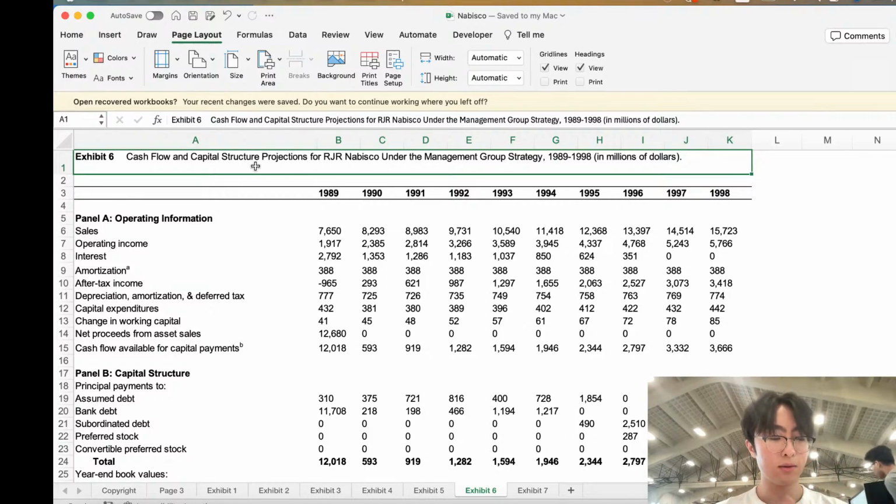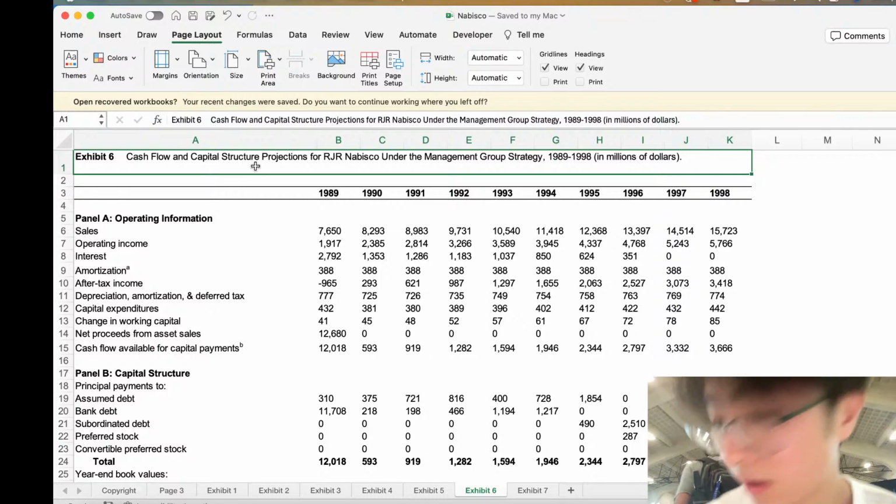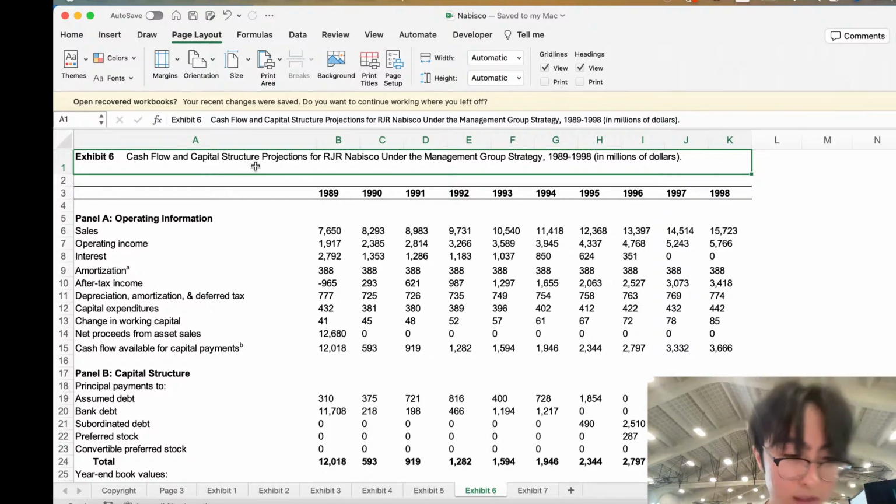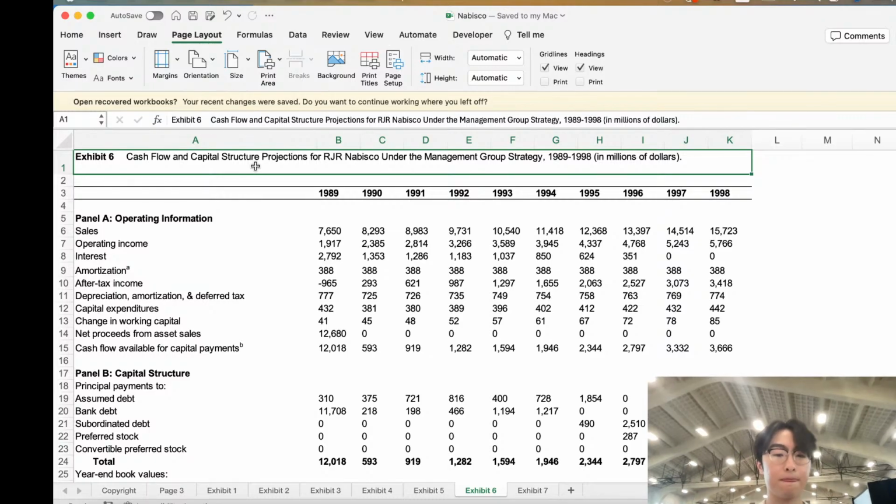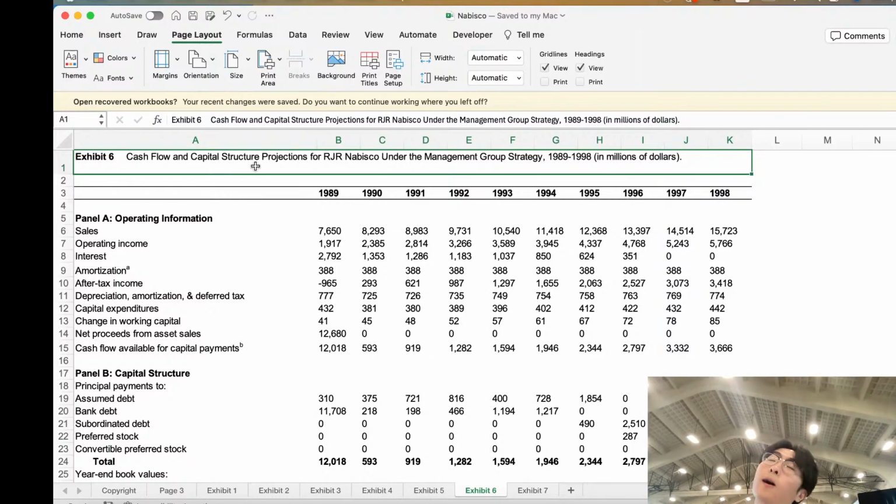All right. Now we have to compute free cash flow, which is the same exact thing as the CCF model, but instead of incorporating the dollar amount of the tax shield, what we need to do is incorporate the cost of debt through the discount rate. And so that's something a bit different here. I think maybe a good way of explaining the difference is first, in the capital cash flows, we try to find an aggregate dollar amount.